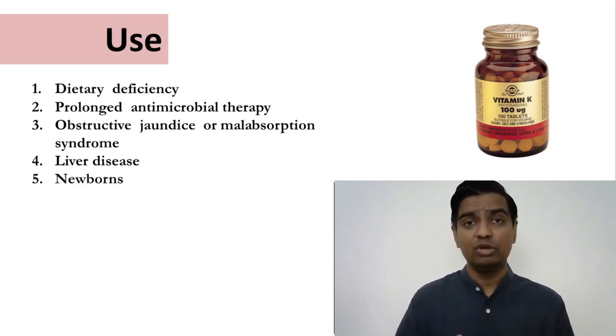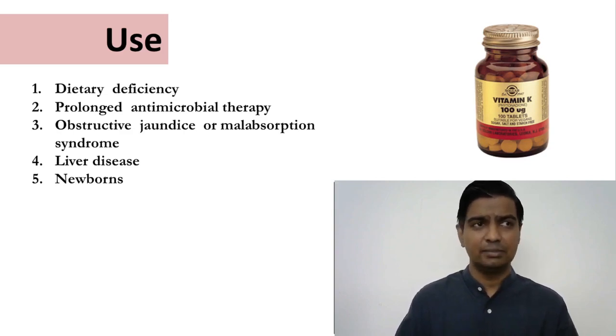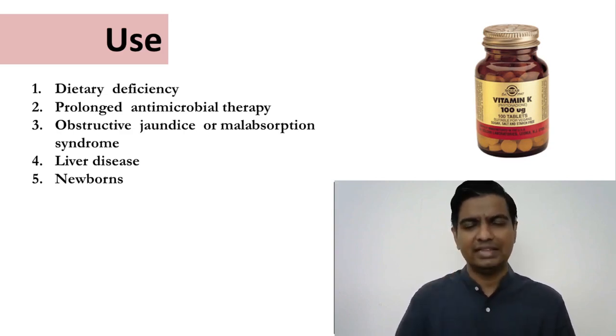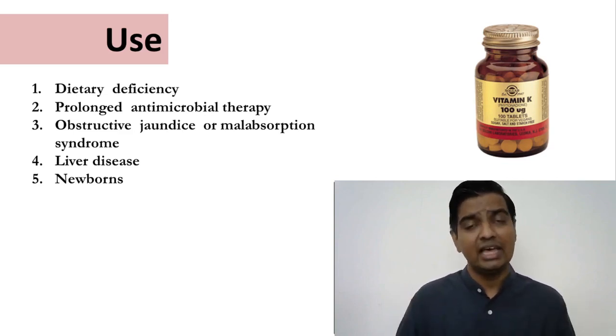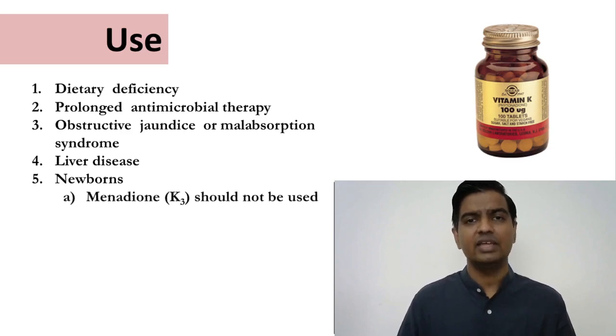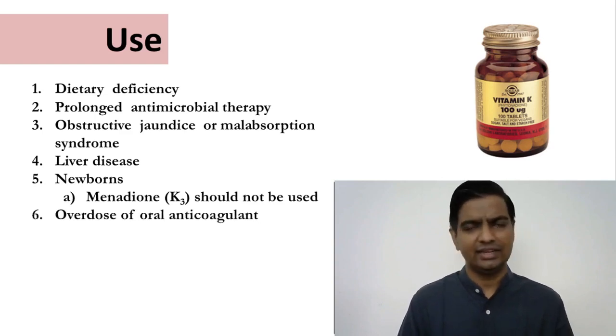And in newborn babies, see, newborn babies do not have gut flora. They are just born. They are completely sterile inside their GIT. It is the mother's bacteria, the bacteria from the hospital, which the baby picks up, and then these bacteria colonize the GIT after the child is born. Which means when the child is born, the child does not have intestinal bacteria. So if there is no intestinal bacteria, there is no vitamin K, and hence when a baby is born, we give injection of vitamin K. We prefer giving K1 or K2, not K3. Vitamin K3 causes severe side effects in babies, so we do not give it.